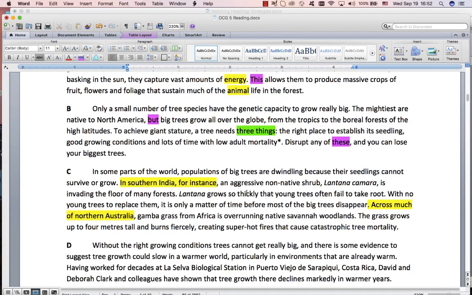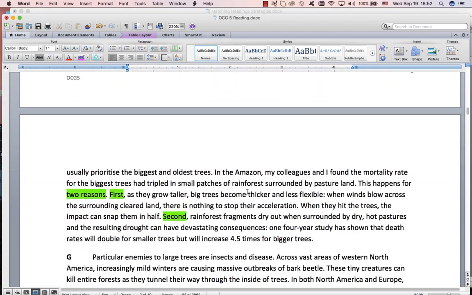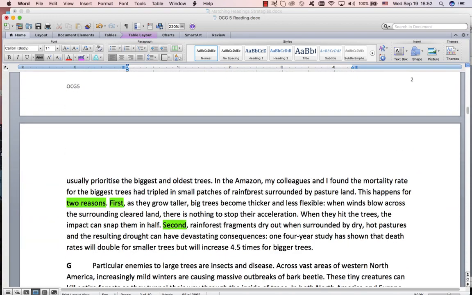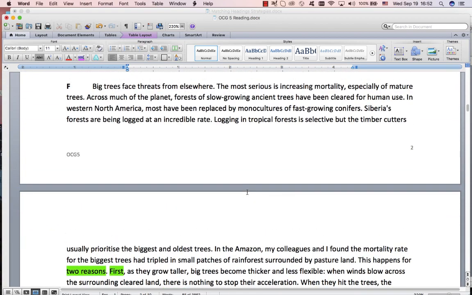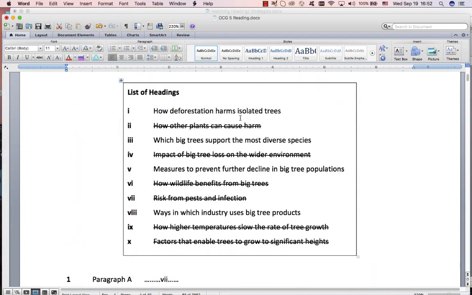Then our last one is this big paragraph. These big paragraphs often have 2 topics, and you have to divide them in half. We're talking about threats. We want something negative. So immediately you can just go and guess. This is negative. This is not negative. This is not negative. This is not negative. I would just guess that one and move on. But anyway,